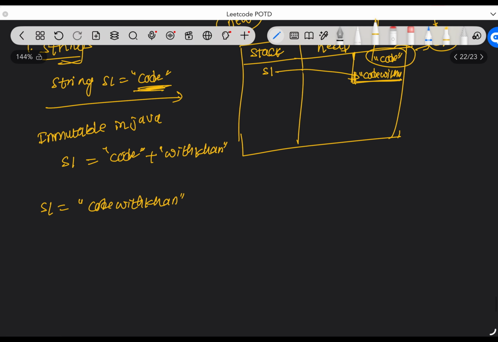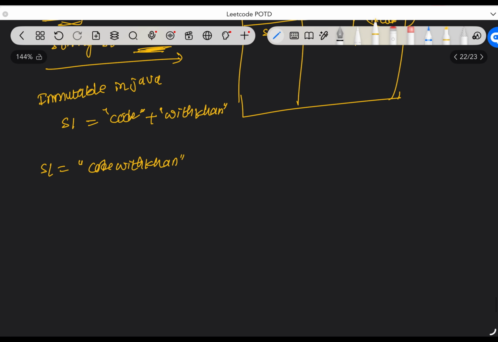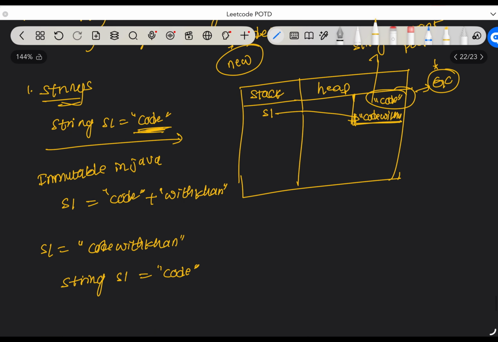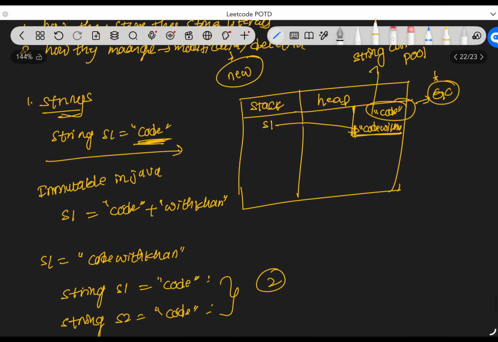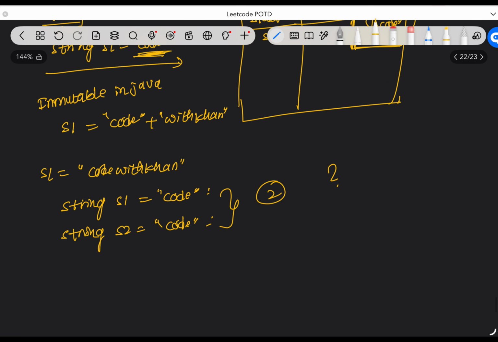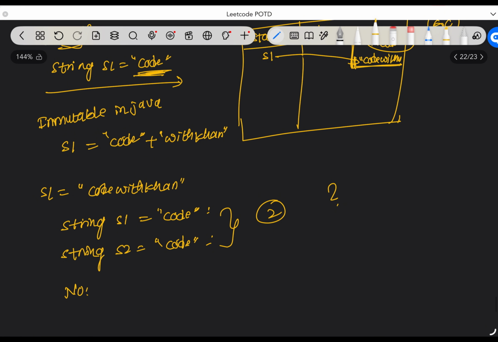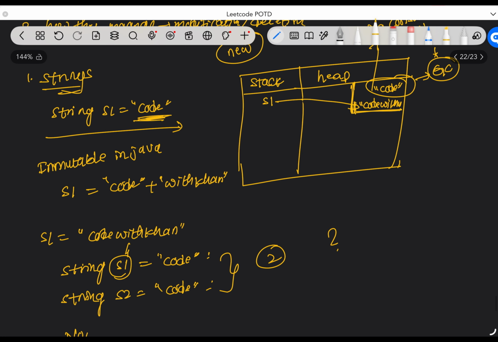Okay, so let's see some interview-type questions. Given string s1 is equal to "code", this is stored in the string constant pool. Now we create another string s2 which is equal to "code" again. Will it create two different string literals in the string constant pool? The answer is no. Why? When you create s1, it creates "code" in the string